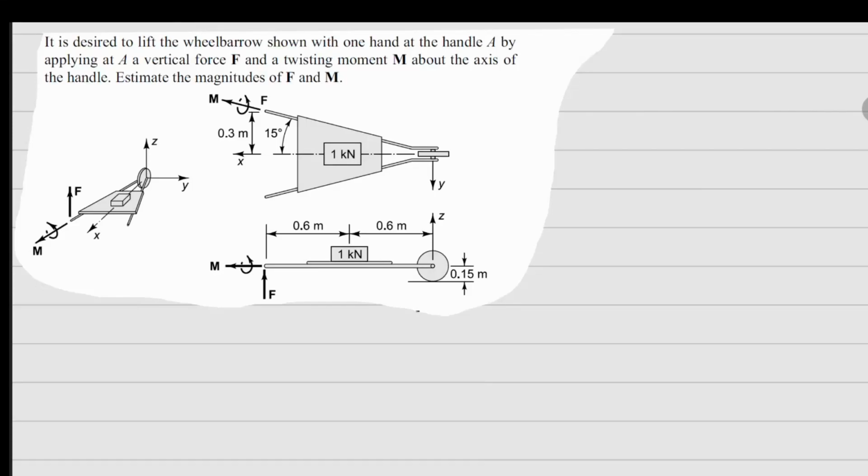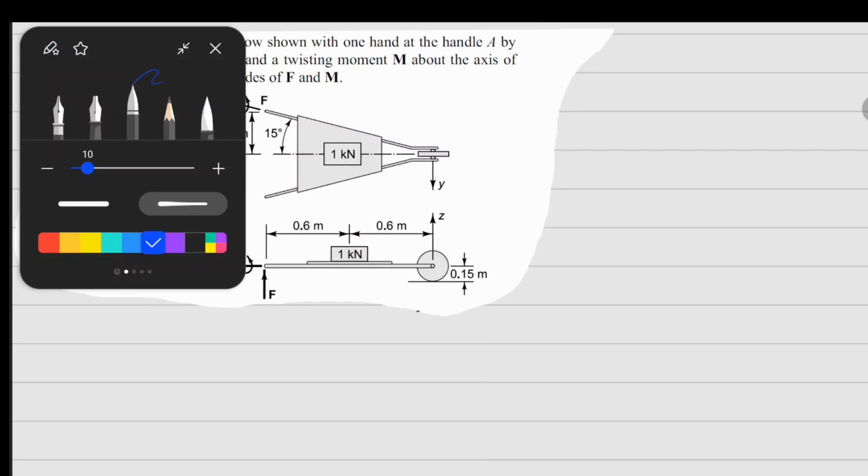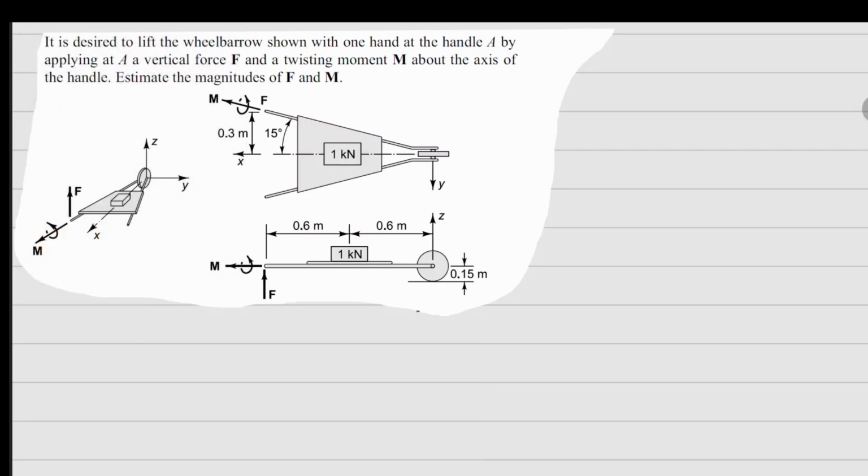It says it is desired to lift the wheelbarrow shown with one hand by applying a vertical force F and a twisting moment M about the axis of the handle. Estimate the magnitudes of F and M. So if you try to draw the free body diagram of this wheelbarrow, there will be this weight acting downwards,